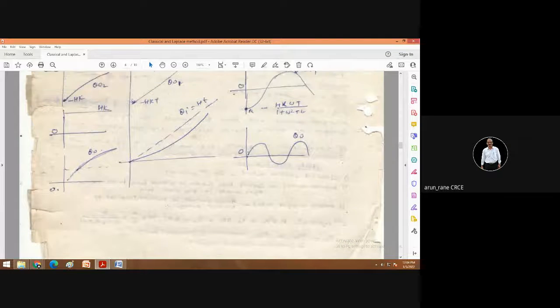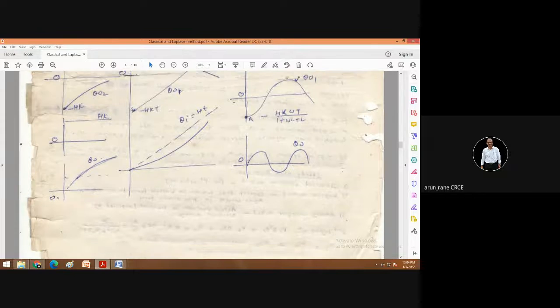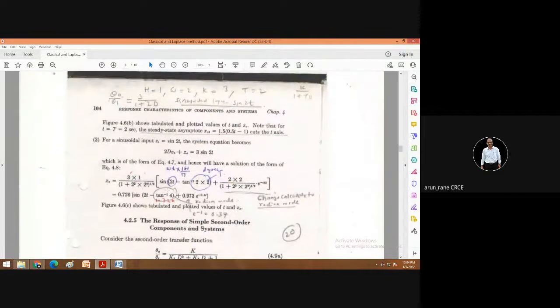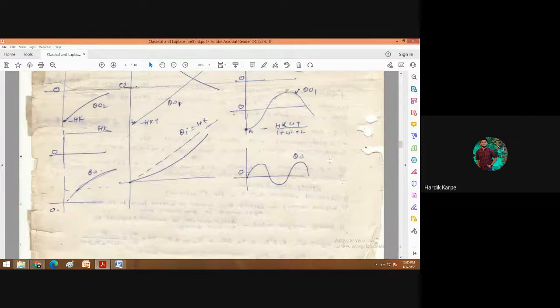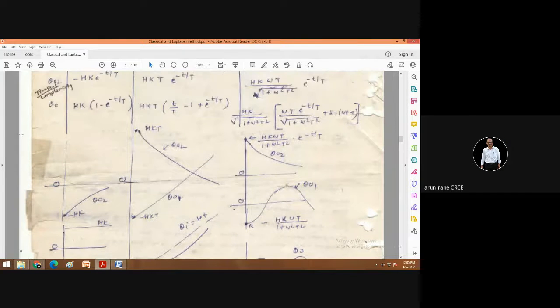If you have any doubt, please ask. Sir, can you give the question for the third assignment? Yes, I will upload it in the classroom, and I will add two more graphs. That is, if my input is a step input, plot the output, and if my input is a ramp input, plot the output. You have to just use this final formula for plotting the graph.